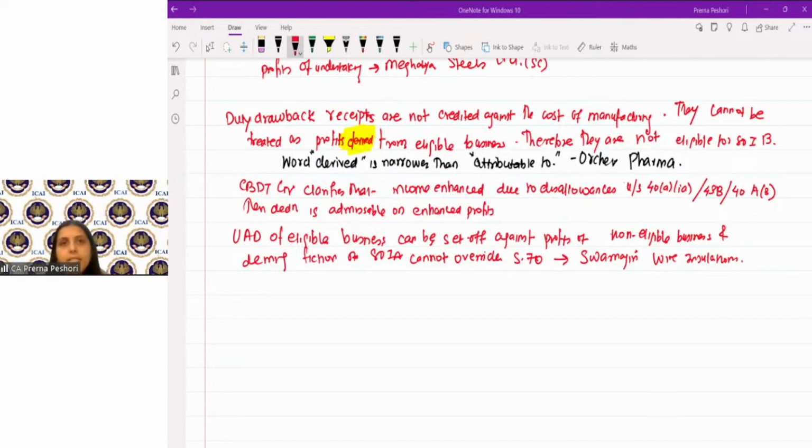Next, the last case law is in respect of whether the period of exemption commences from the year of the trial production or from the year of the commercial production. And will it make any difference if the trial production was sold? If the sale was made out of trial production, so when will the deduction commence? So the assessee had started trial production and then sold some products of the trial production. But when will the deduction start? When the final production starts, or from the trial production?